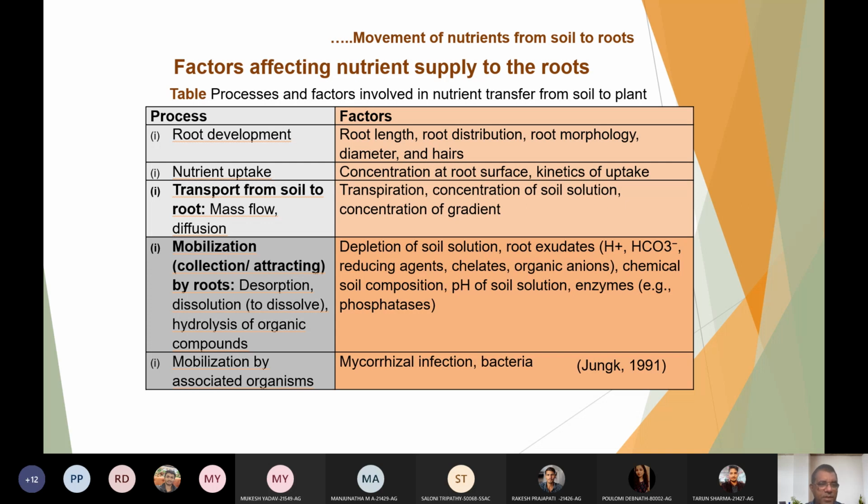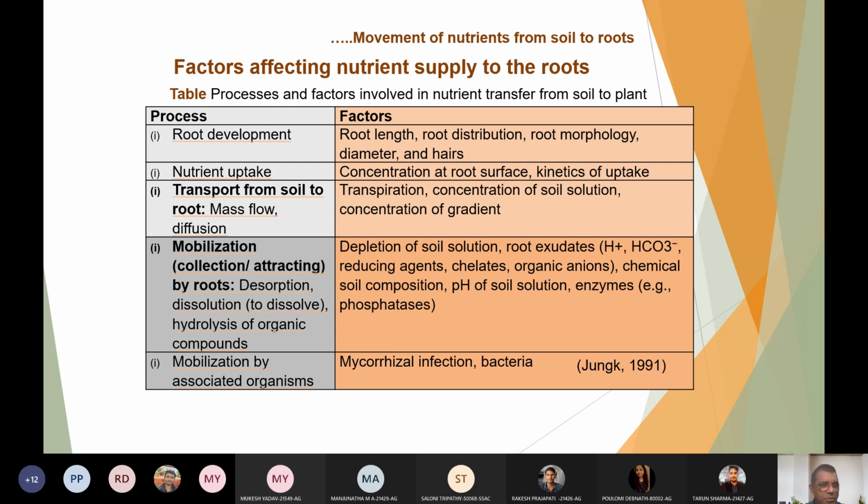It is possible by desorption, meaning they will encourage the desorption of ions from the humus or from the clay colloids, from the colloids. And then dissolution. Dissolution means dissolve. They will try to dissolve the fixed nutrients. If some fixed nutrient like apatite is there, and you have a phosphorus efficient plant, it will release phosphatase or some other enzymes or chemicals that will solubilize the fixed phosphorus, apatite or tricalcium phosphate. So you have some dissolution. Dissolution means to bring into solution. So dissolution or solution is almost the same.